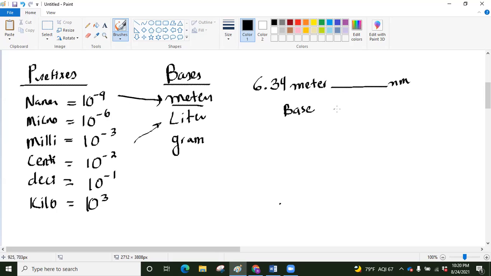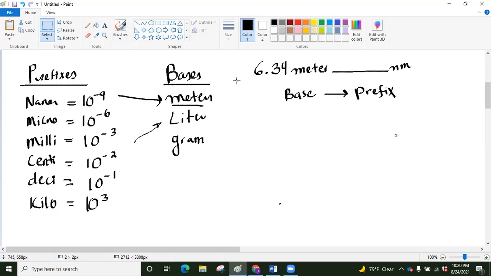We took a base and we want to convert it to a prefix. That's our relationship here. And procedurally, of course we can go more into why this works or what it means, but procedurally at least, we want to